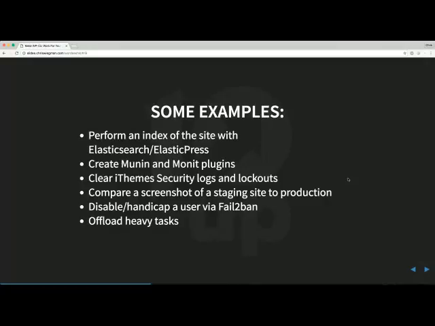You're going to know if every page works, as opposed to the home page and the dozen or so you click on to check. We can handle things like Fail2ban. If you use Fail2ban in lieu of a security plugin, you can disable and enable users, you can take a lot of actions off the plugin itself, or handle them in the back end to handle Fail2ban for banning and releasing different people. You can offload heavy tasks. We do migrations with it. I do a lot of updates with it. We do a lot of